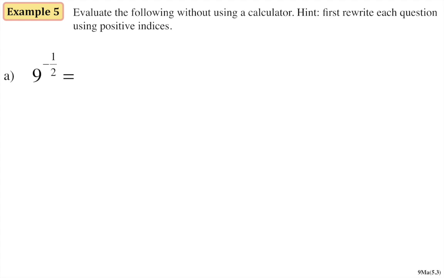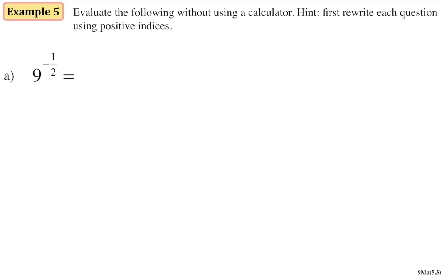Now, example 5 says to give me the final answer, evaluate the following without using your calculator. That means you need to show all of the steps involved in the working out. If you just write the answer only, that is not going to get you any marks. Now, we need to first rewrite this question using positive indices because it's 9 to the power of minus a